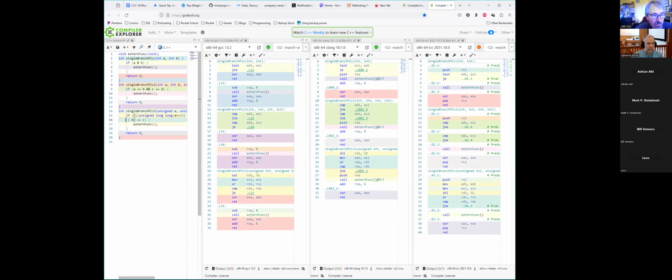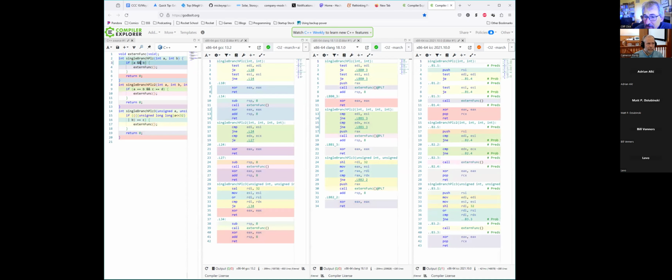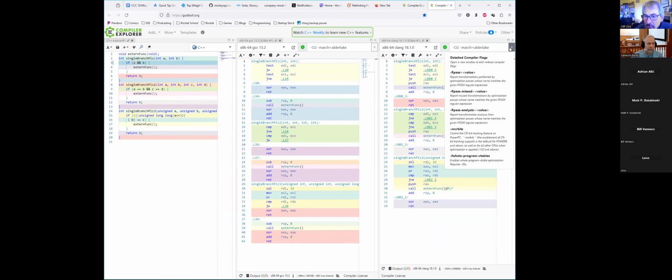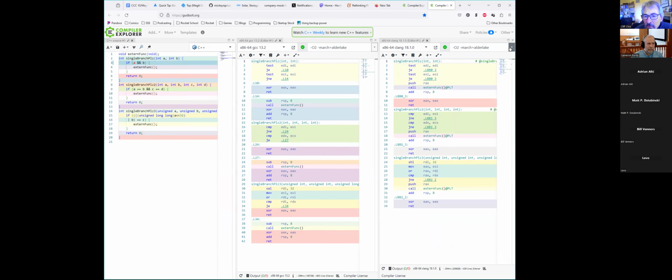Yeah, you can close ICC because I don't think we need to look at that anymore. Oh, to get more space, let's see if I can figure out how to close it. You can also turn off the mini maps on the editors. Where do I get the mini maps turned off? You have to go to the settings. Right now it's fine. We see the entire line. That's fine. 15, okay, fine.